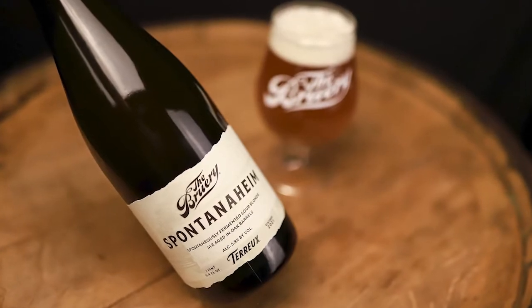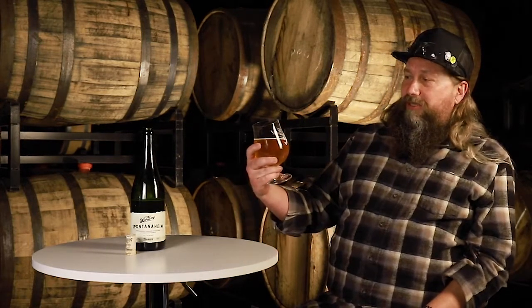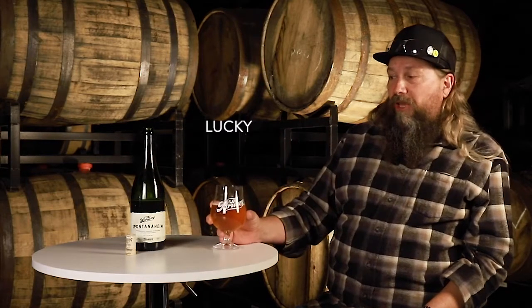This is our attempt to make beer of the old world in the old world style, without much manipulation once it's actually brewed. All the real manipulation goes on in the brew house, and then once that happens, it's all nature's thing. So this is very different than any other brewery beer that we tinker around with and try to make better, and they just completely dissect and rebuild as the years go by. This is a beer that we let do its own thing, and we're lucky a year later if there's fruits